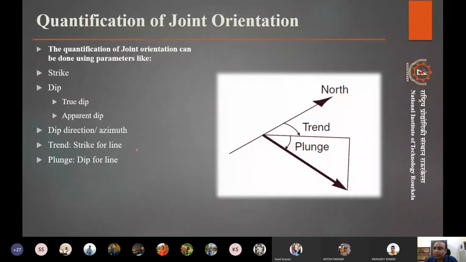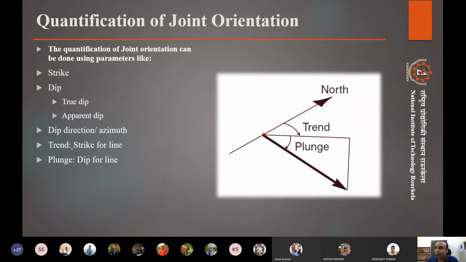A line also can be given by two angles. If it has a center at a certain point, a horizontal angle and a vertical angle can define the line's orientation. The same concept as we had for strike and dip, we have for trend and plunge. The trend is its angle from the north, and the plunge is its angle with respect to horizontal.